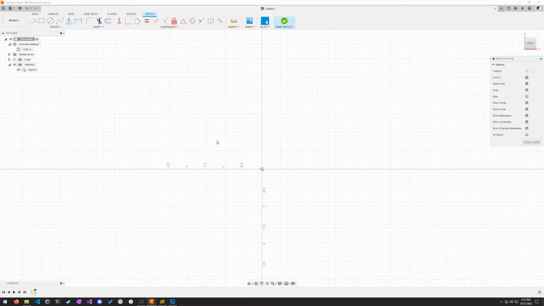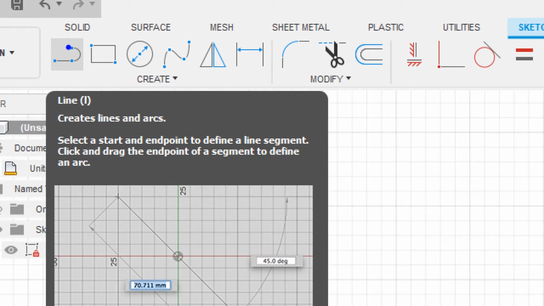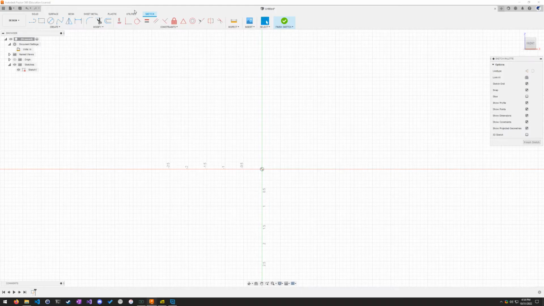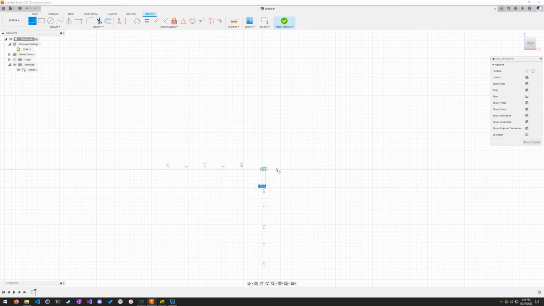So I'm in my sketch. The first thing I'm going to do is go to the line tool. That's the first tool in this ribbon, because we're on a different tab now. Before we were on the solid tab where we had the create sketch, but we're on a different tab now, which is the sketch tab. In the sketch tab, I'm going to click on the line tool, start on the origin, and go just like